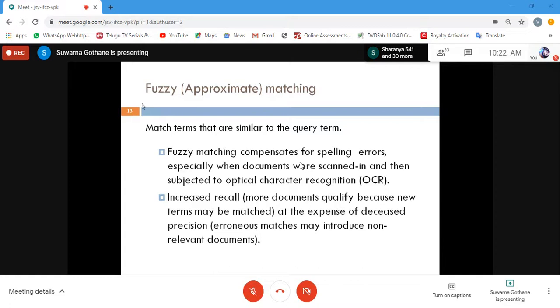It takes this up in the form of optical character recognition, the OCR technique. Based on the similarity of most of the word, it understands that this can be the correct word. You will get a clearer picture with an example. So it increases the recall, whereas the precision is reduced. If you type a mismatched version of the query you are expecting because of certain spelling errors, then you may get some wrong results.